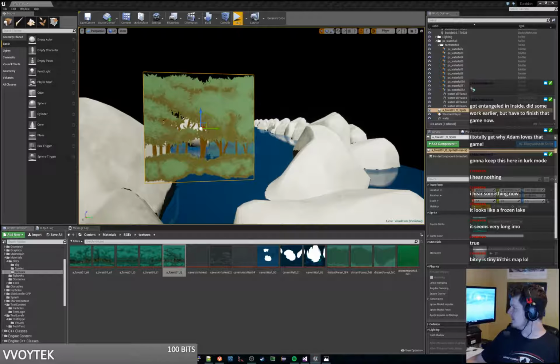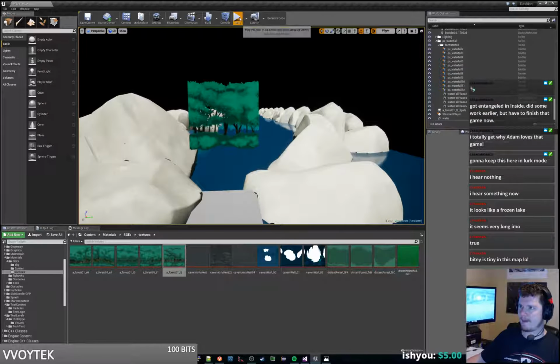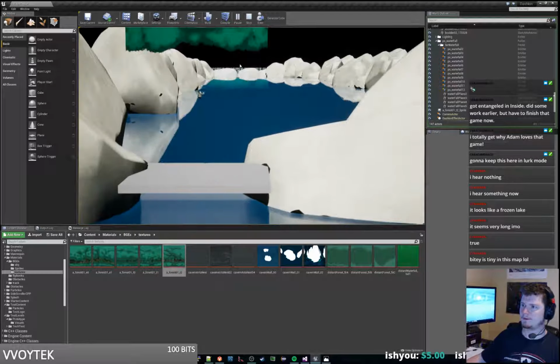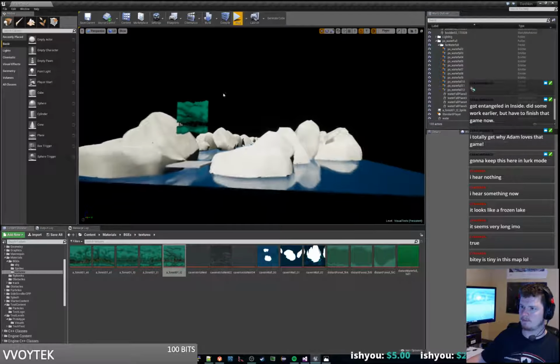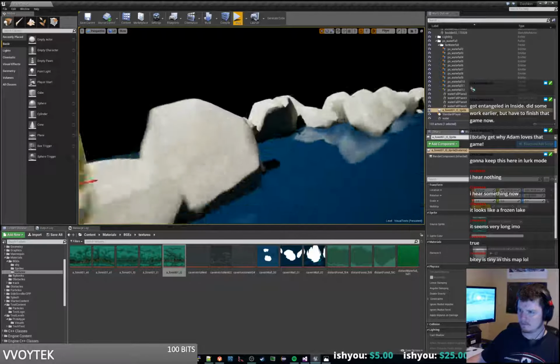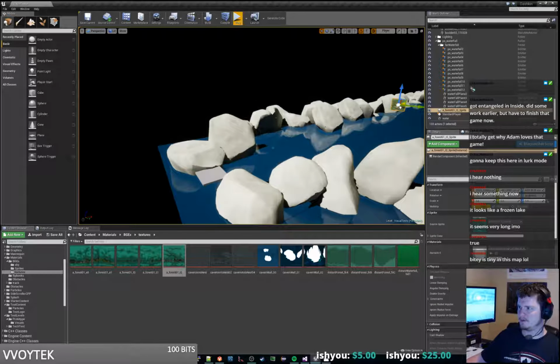This is a 4096 by 4096 texture. It is gigantic. Well, let's see. If we were trying to make